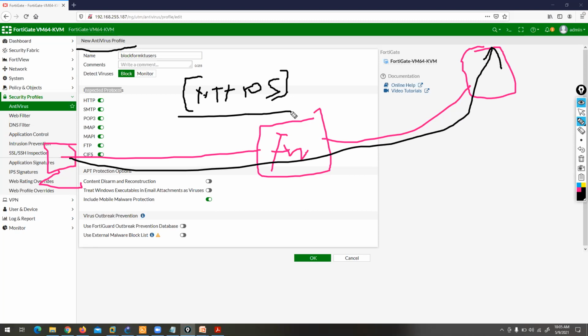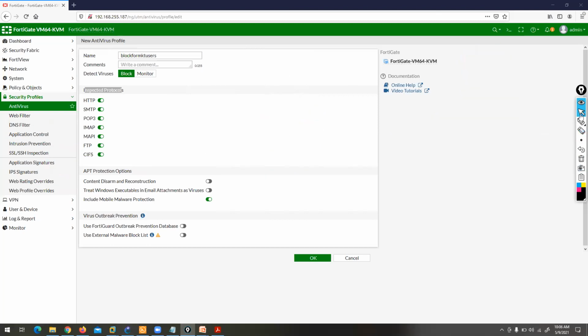Once you attach your decryption profile with your firewall policy, what will happen? It will first decrypt the HTTPS connection. Then your HTTPS connection will look like normal HTTP. And if the application looks like normal HTTP, then yes, your FortiGate firewall can detect the virus. Is that clear, everyone? Naveed, Abhishek, Ravina? Yeah, clear.